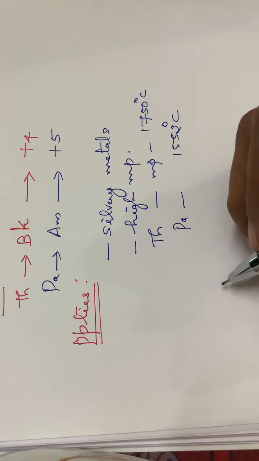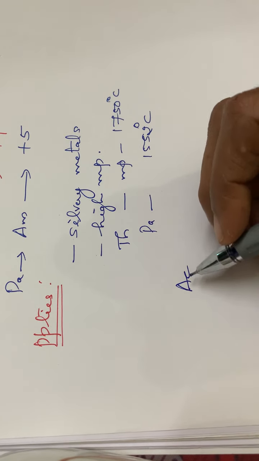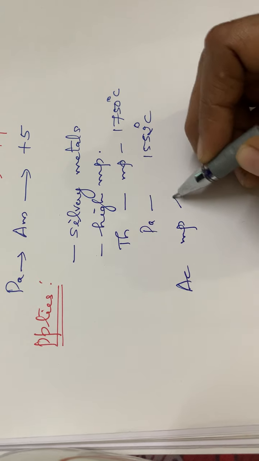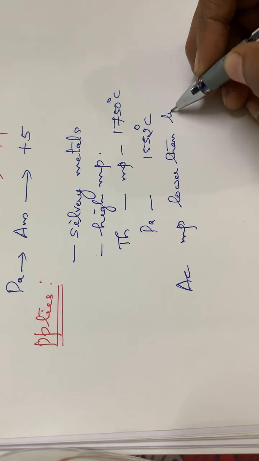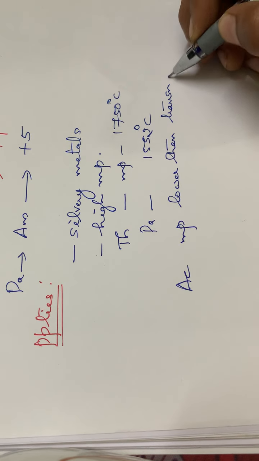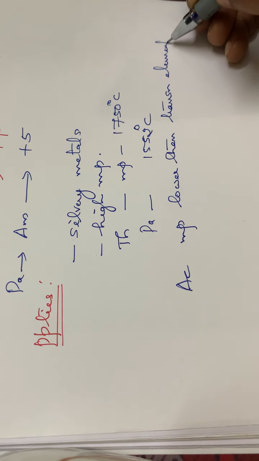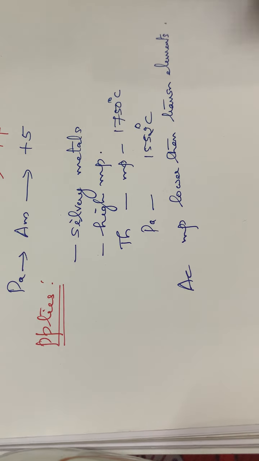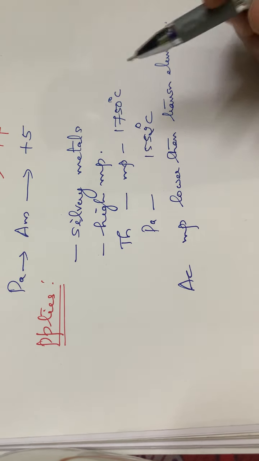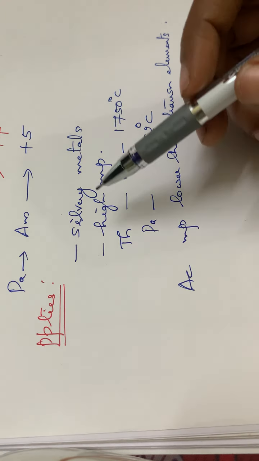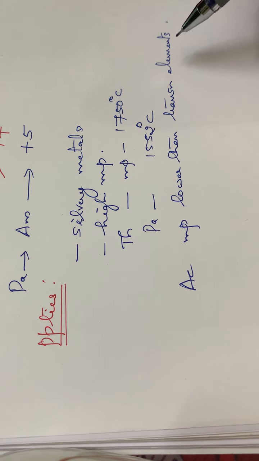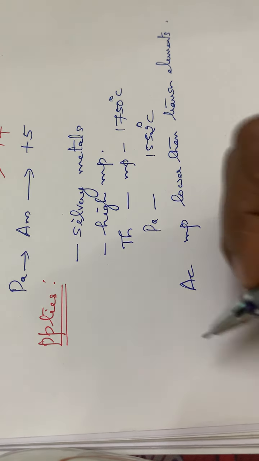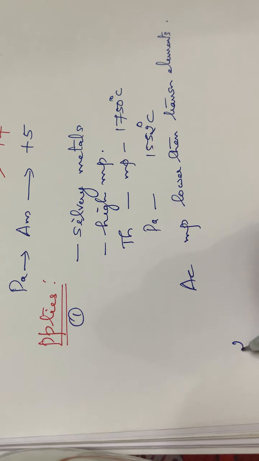Usually these actinides have a melting point lower than that of the transition elements. These are the points regarding the general physical properties: silvery metals, high melting point, but the melting points are lower than the transition elements. So this is the first point. Then the second point,